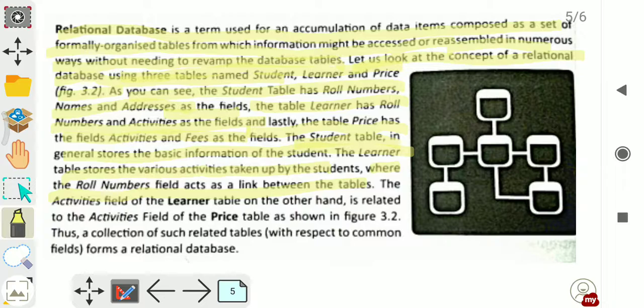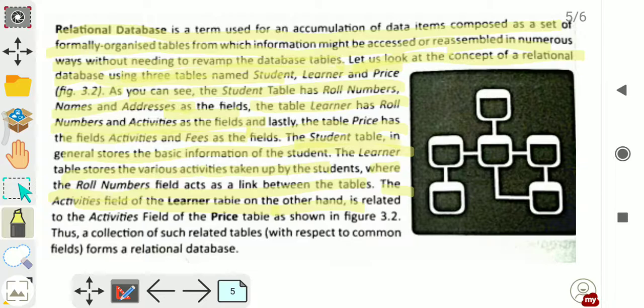So here the activities field of the learner table, on the other hand, is related to the activities field of the price table, as shown in figure 2.2. We have already seen this.